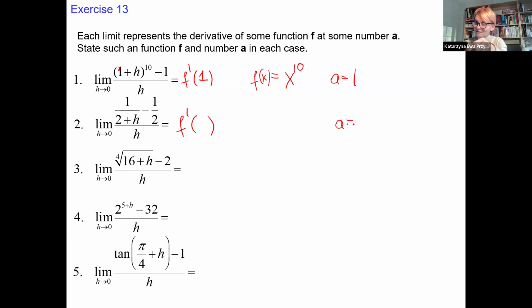Derivative at which point and for what function? Do we see 1 over, and that's the input, 2 plus h minus 1. It's 1 over x, and the a is 2. Good. Yeah, please try